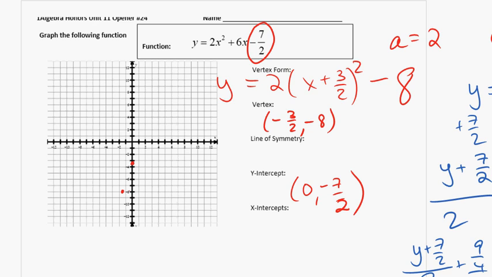Well, with my jump values, I went over 1, up 1, times my a value, which is over 1, up 2. Then I go over 1. Instead of 3, I'm going to go up 6. So 1, 2, 3, 4, 5, 6. And in fact, I know exactly where that x-intercept is. It falls exactly on (1/2, 0). And I could use my jump patterns over here to mirror what I've done to find that the next one lies at